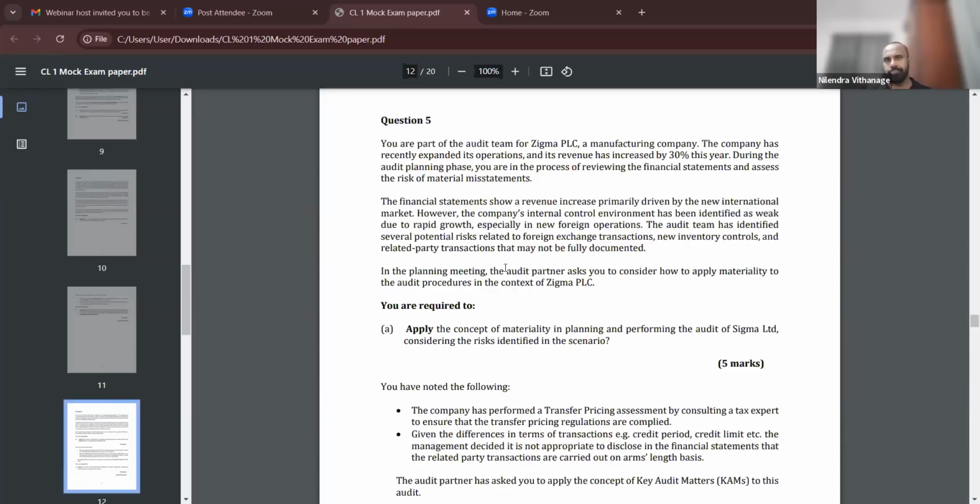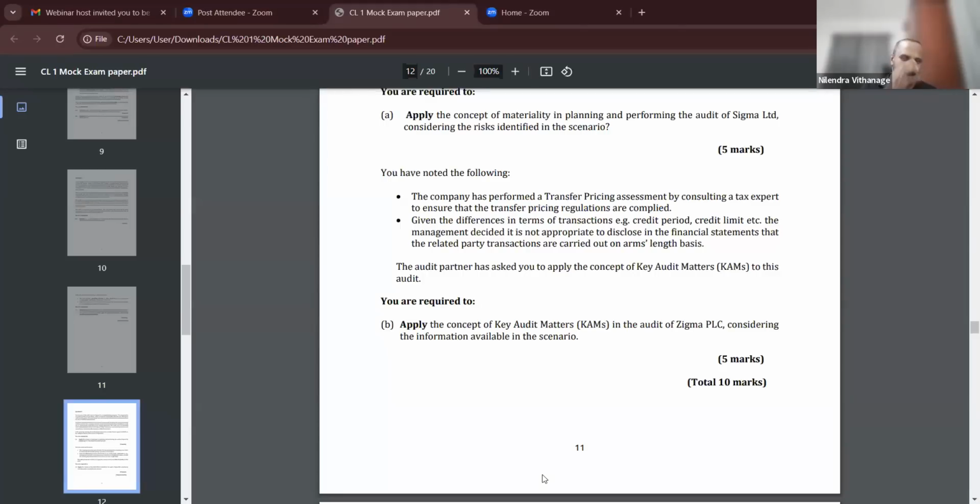Reduce the materiality. So you test more items and the risk can be reduced. Write your answer that way. Agree? Go to part B. Let me go over part A again: revenue has a significant risk, high inherent risk, so audit risk is high, so you need to bring it down. How do you bring it down? Reduce the materiality level. Expand it and write Sri Lanka Auditing Standard number 320.